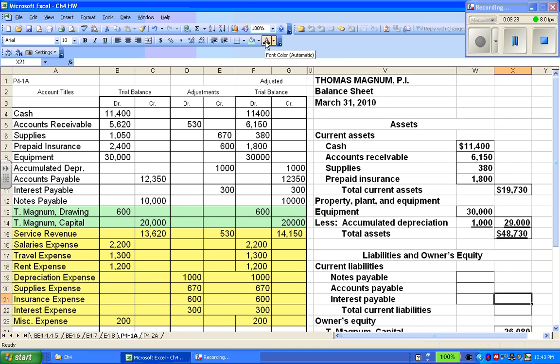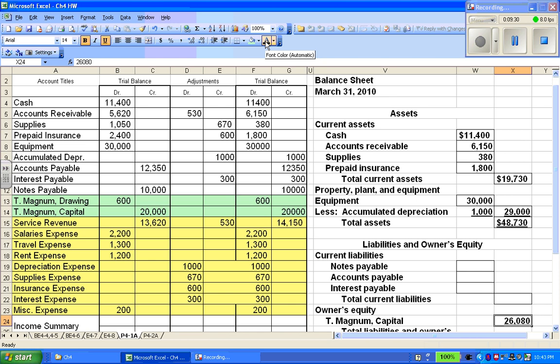Now I'm going to, from my adjusted trial balance, take my liabilities, and the amounts are right here, right? I'm looking for my payable accounts. I have accounts payable, interest payable, and notes payable, right? And here's my adjusted balance for each of these. So I have the notes payable, accounts payable, and the interest payable all carried over. And if I total up those current liabilities, I'll get